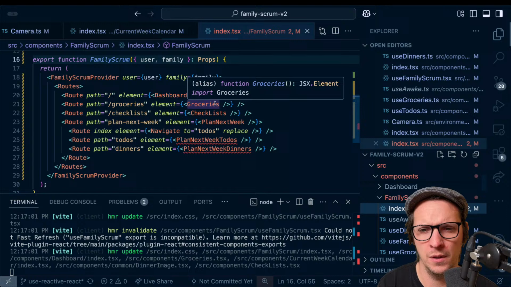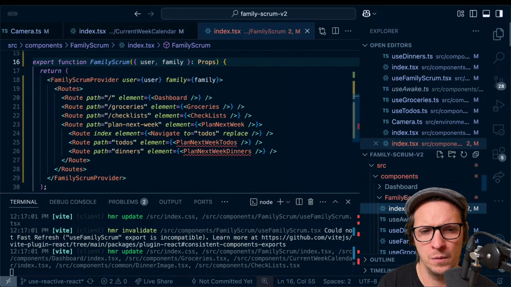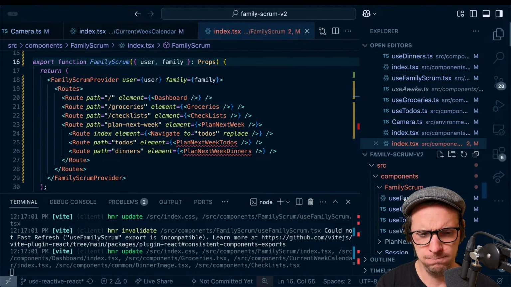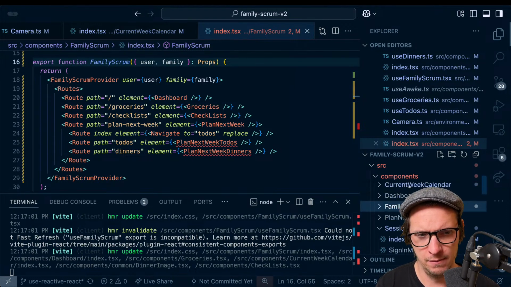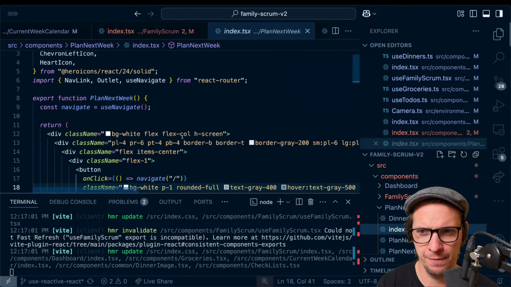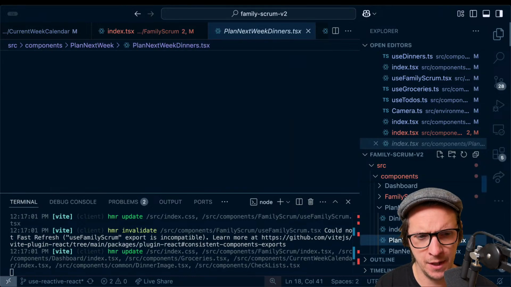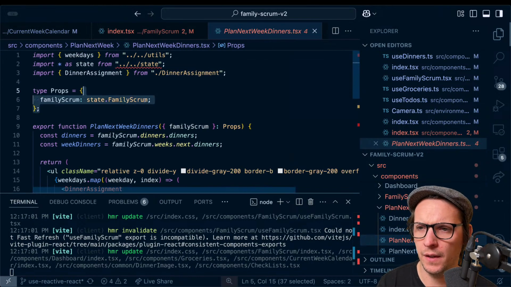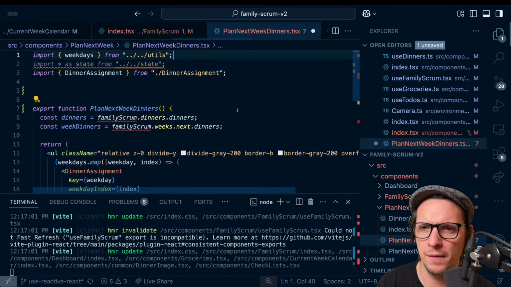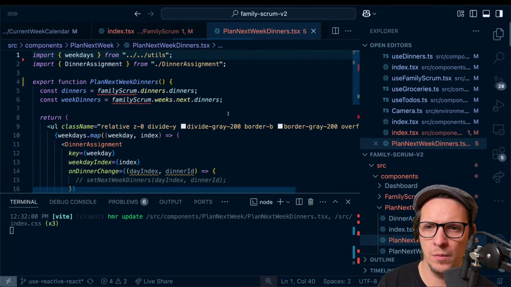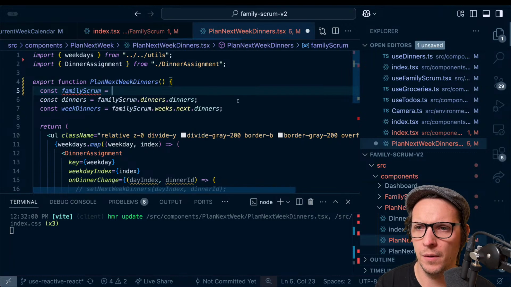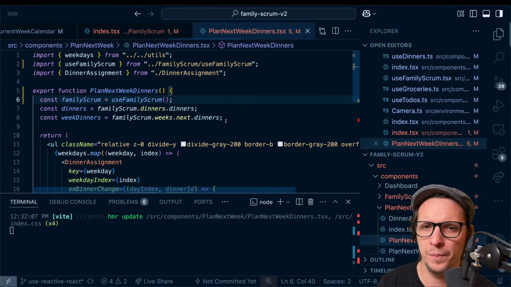What the hell were we doing? We had checklists. Plan next week. Ugh. This is a rough one. Yeah, this is just navigation. And then I guess here we're just gonna do exactly the same thing. But yeah, I think we're gonna do what we're doing here now, and then comes family scrum. And then we're gonna have use family scrum